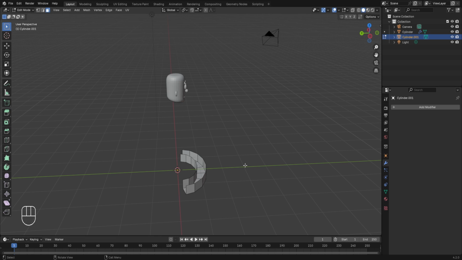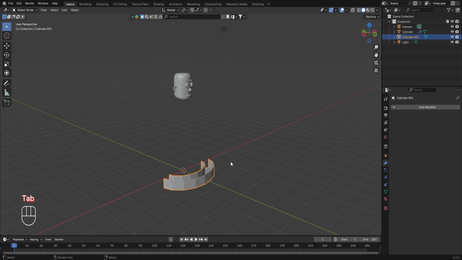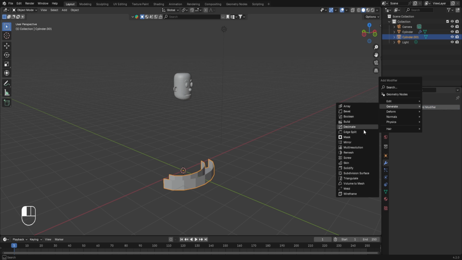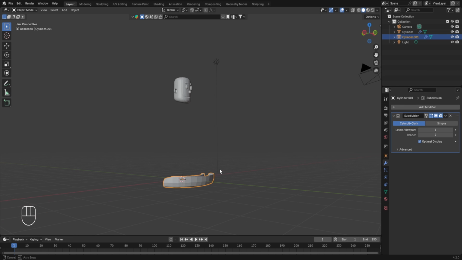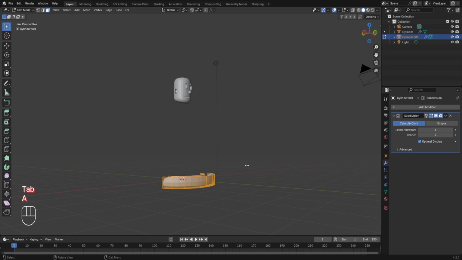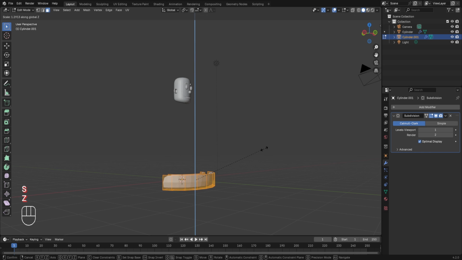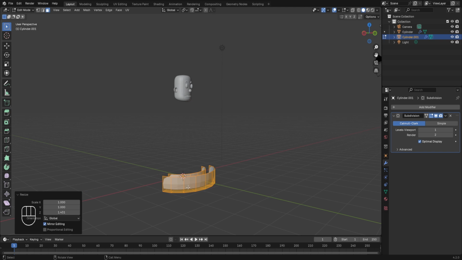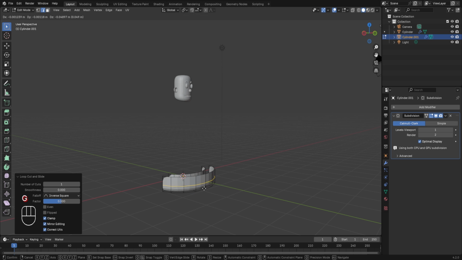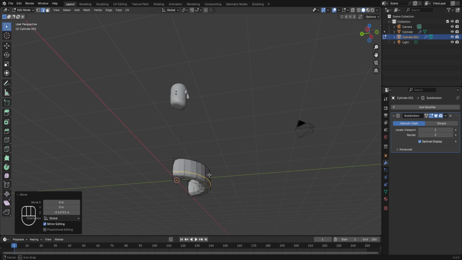Also to give it a realistic look, let's return back to the object mode, and now we'll be using the subdivision surface modifier. So go to the modifier properties, click on add modifier, and in the generate, select the subdivision surface modifier. Also let's tab into the edit mode, press A to select everything, and let's scale this up, and I'll scale it up in the Z-axis. Also to make this lower part slightly less rounded, let's add a loop cut over here. So press Ctrl plus R, then left click and move it down, and with this we now have the teeth